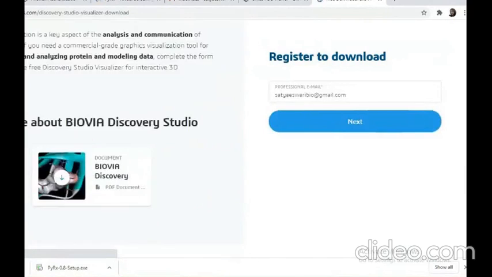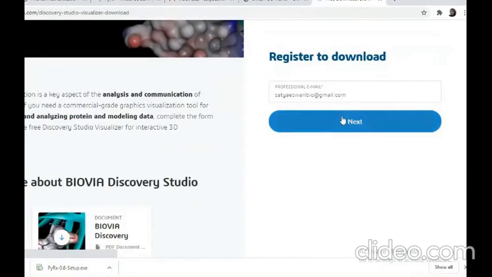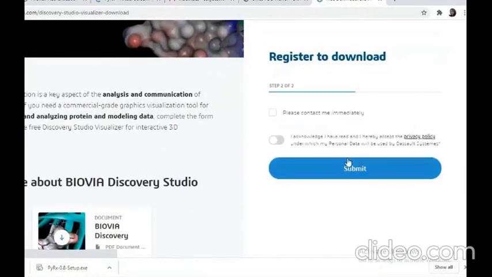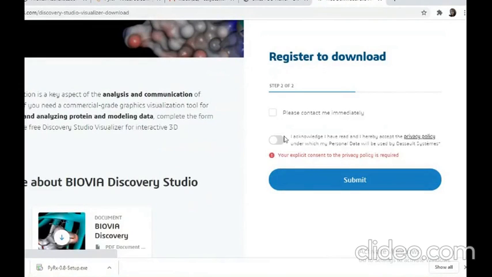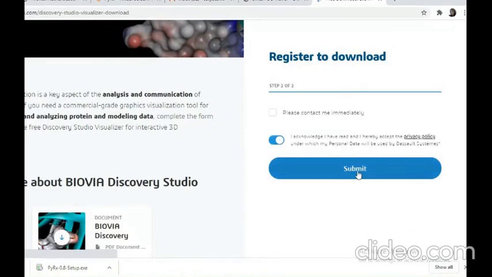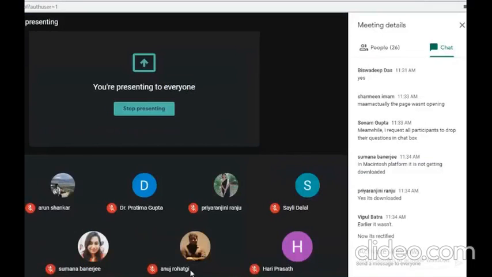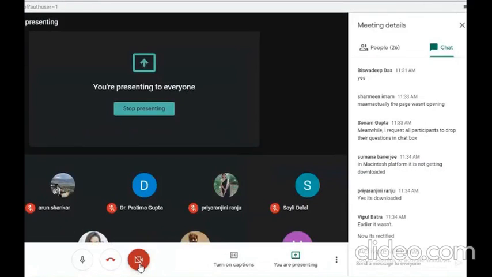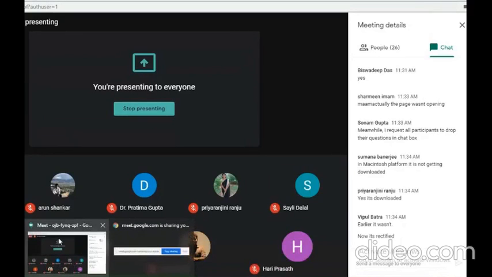If you register here, you will get an option to submit. Click the privacy options and submit. You will get the download option, and it can be downloaded very easily. Now the three softwares are downloaded.